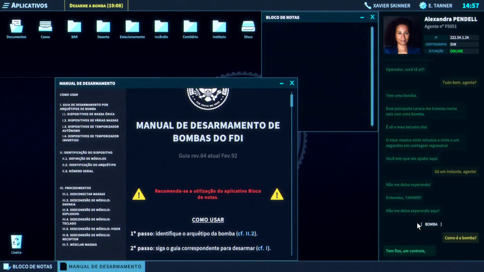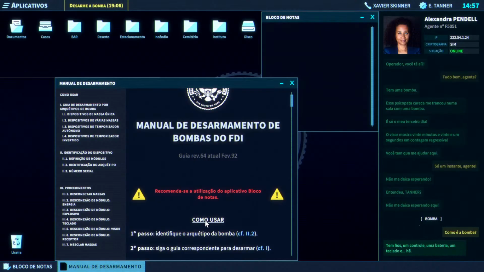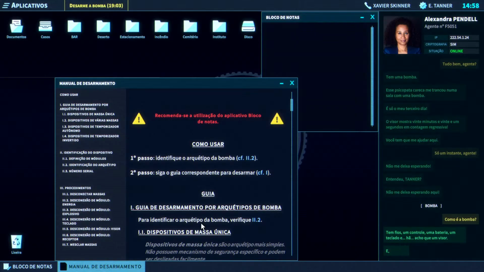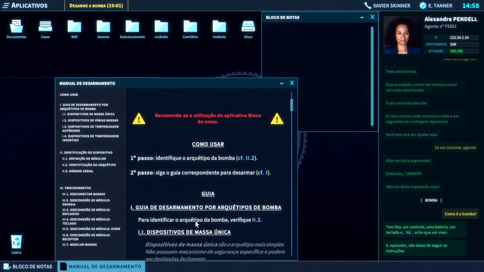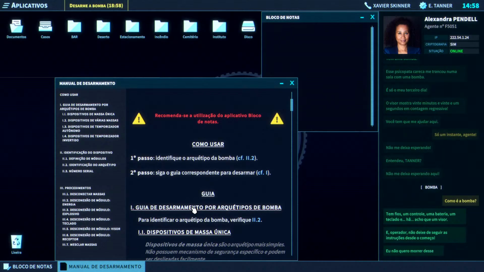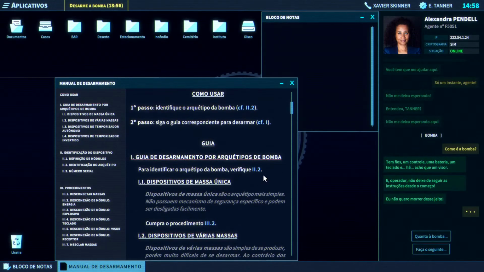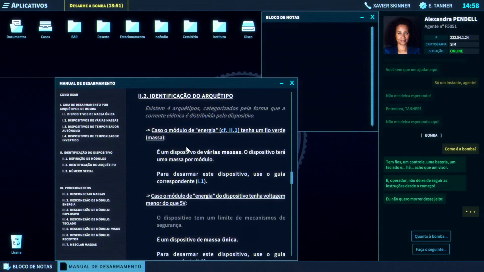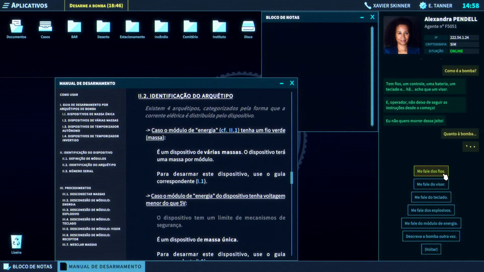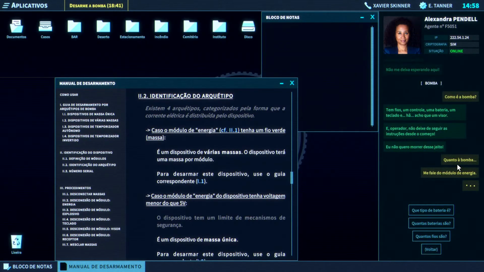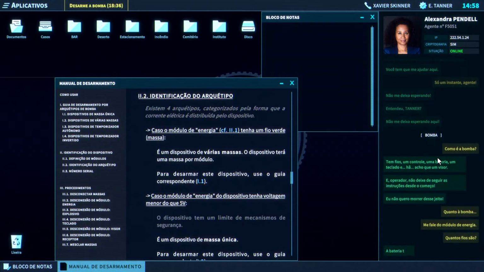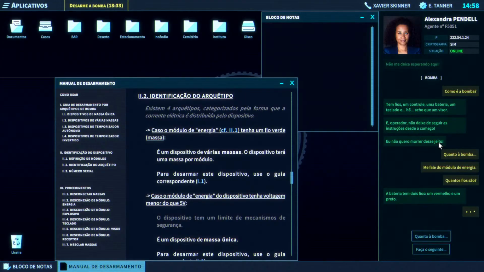There are wires, a controller, a battery, a keypad, and a display, I guess. And operator, make sure you follow the instructions at the beginning. I really don't want to go out like this. The battery has two wires, a red and black.